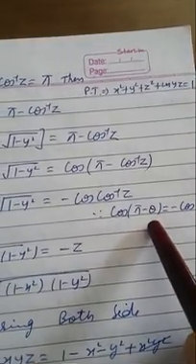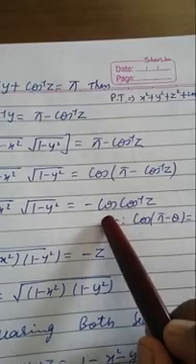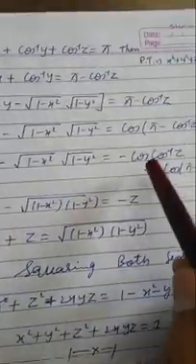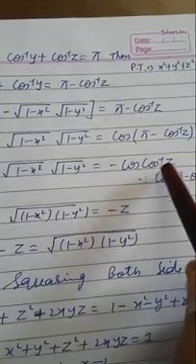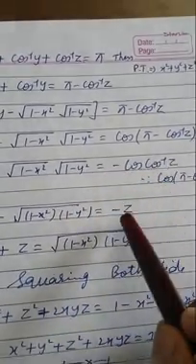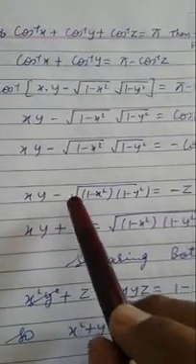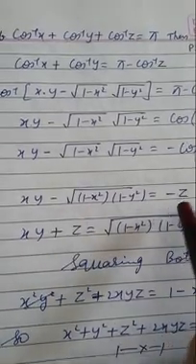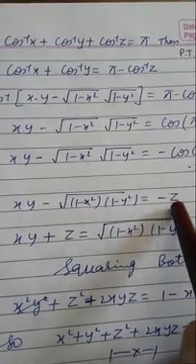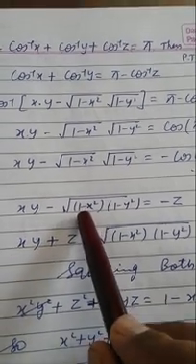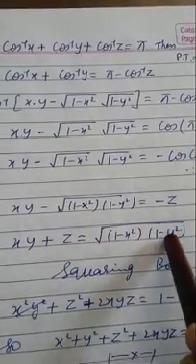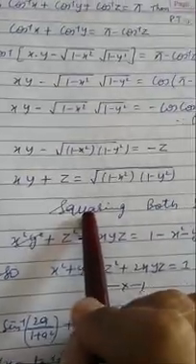So use the formula in the RHS. We have minus cos of cos inverse z. In the place of theta we can put cos inverse z. LHS is the same. Now cos inverse is cancelled, so it is minus z. Here we have minus z. LHS is still the same. Now change the side of z from RHS to LHS and transfer this equation in LHS to RHS. Now squaring both the sides.